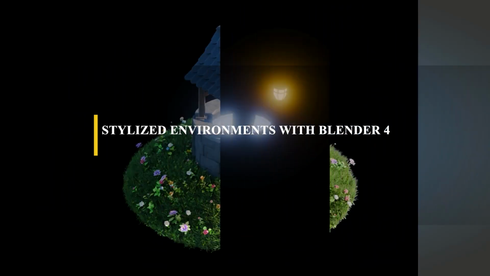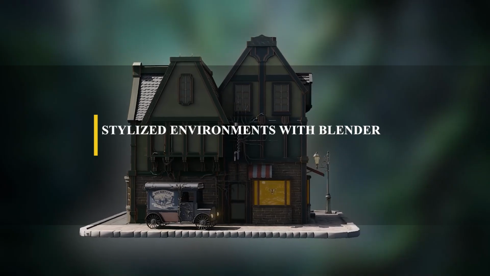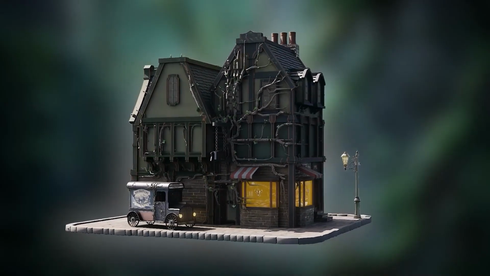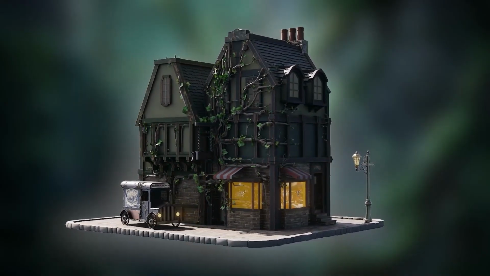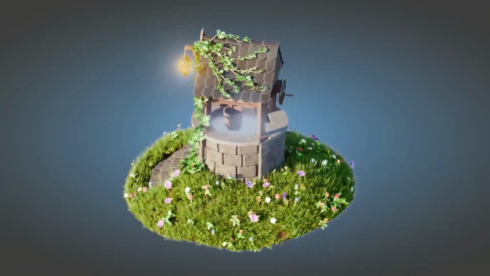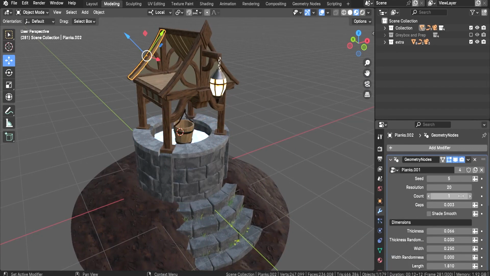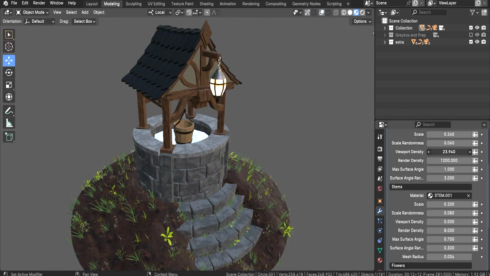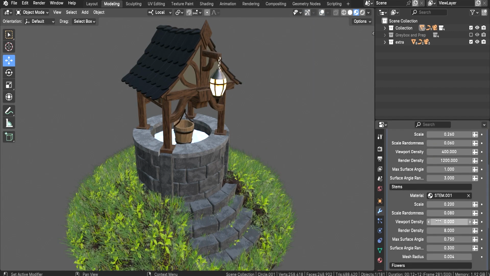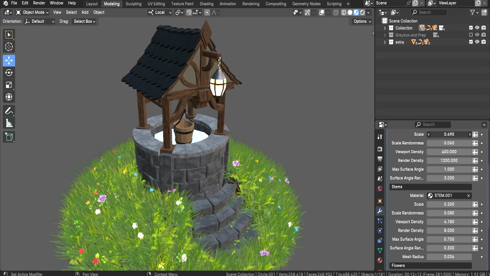Last but not least, we have this course, which is all about using geometry nodes to create all sorts of stylized assets to assemble a nice and pleasant little scene. Stylized environments within Blender 4 geometry nodes is, I think, a pretty self-explanatory course. So it provides you with all the knowledge you will require to make stylized procedural assets using the power of